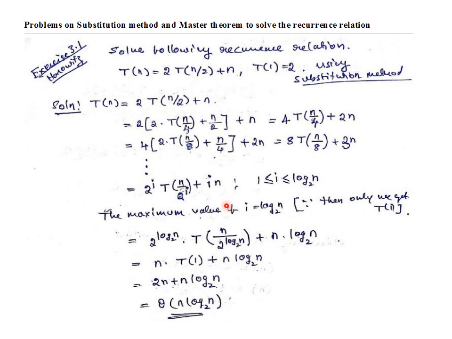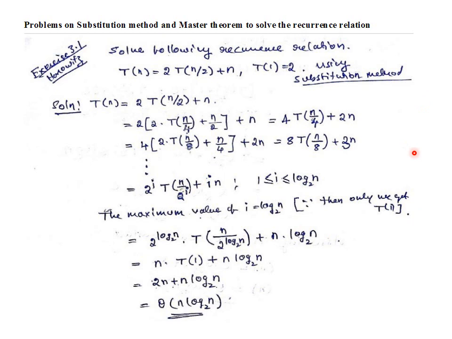At that time we want to stop, that is when the n value is equal to 1. So we assume that the value of n is always equal to 2 to the power i, for our convenience. If it is true for this, then generally we can apply this method for all the numbers.